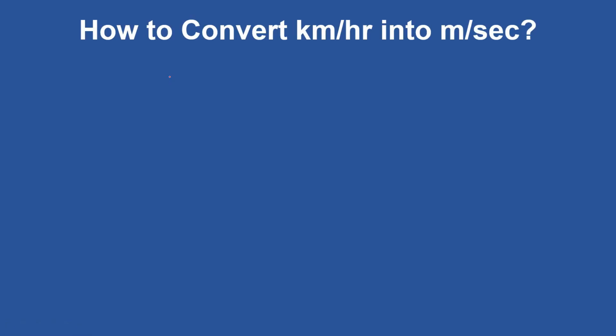First of all, as we know, 1 kilometer is equal to 1000 meter, that we know, right? And we also know that 1 hour is equal to 60 minutes and 1 minute is equal to 60 seconds. It means that 1 hour will be equal to 60 into 60, that means 3600 second,